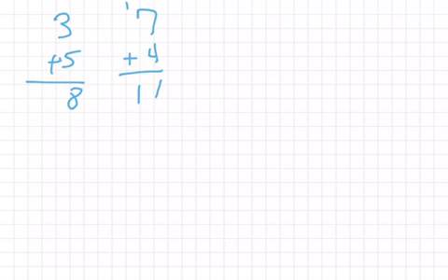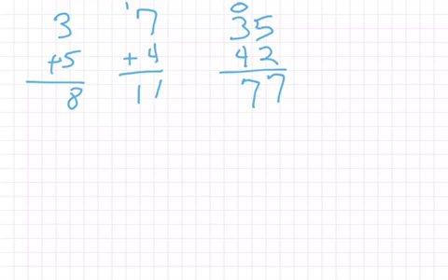Once you mastered all of these, they would up the ante, and you would get something like 35 plus 42. This would be 5 plus 2 is 7, and then you carry out a 0, which goes up here at the top, and you have 0 plus 3 plus 4, which would give you 7. Or another one to look at would be, let's do 356 plus